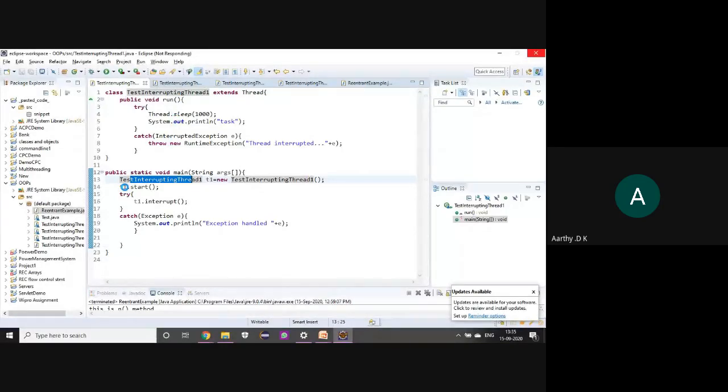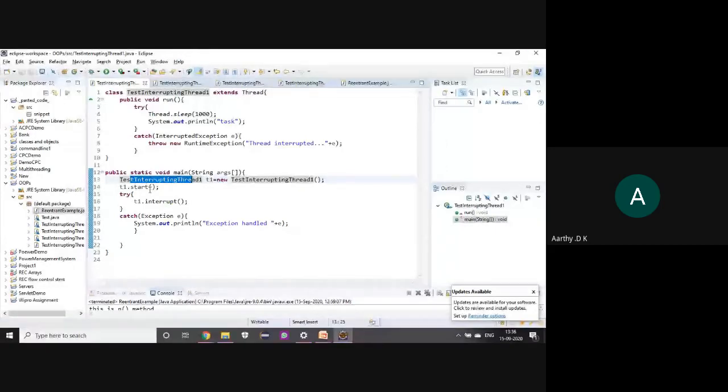But what I do here is I just start the thread. Later on, I interrupt the thread, before the time expires. Interrupt is the method used to interrupt the execution of a particular thread. So I just give the thread name dot interrupt.